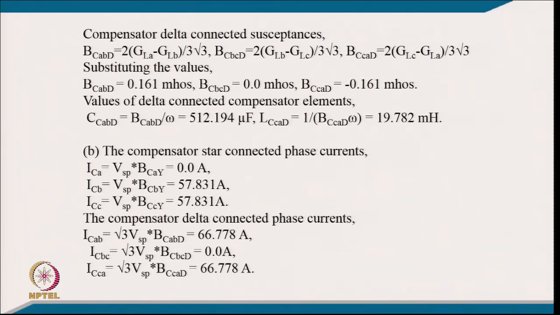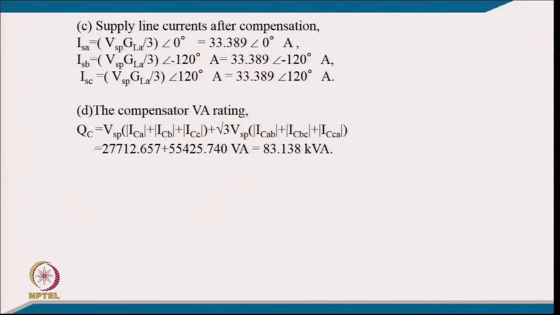From this we can find out the star connected compensator element currents from these relations. The star connected compensator for A phase has 0 current because there is no compensator element, and for B and C it comes 57.831 ampere. Similarly, for the delta connected compensator for line BC it is 0, and for the other two it comes 60.78 equal currents. Now we can find out typically the supply current after the compensation from this relation,